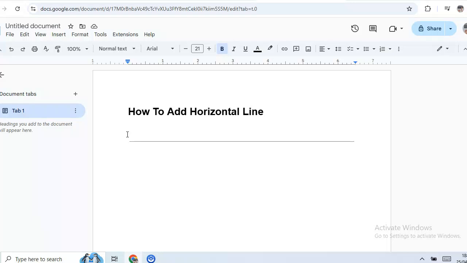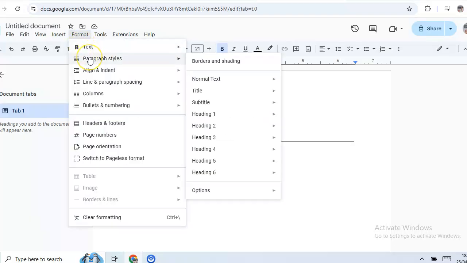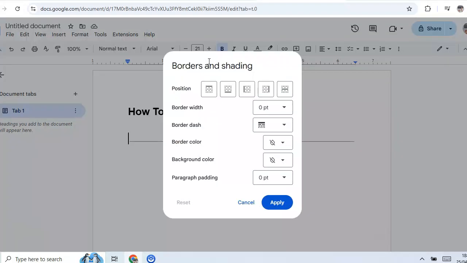If you want to customize the line, you can click on Format. After that, Paragraph styles, and then Borders and shading. And here, Position, okay, is the same. Top border and border width